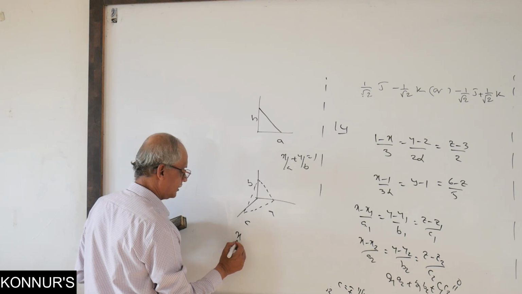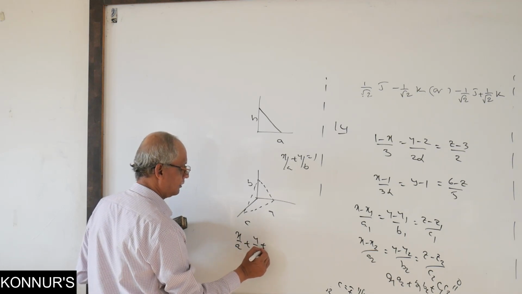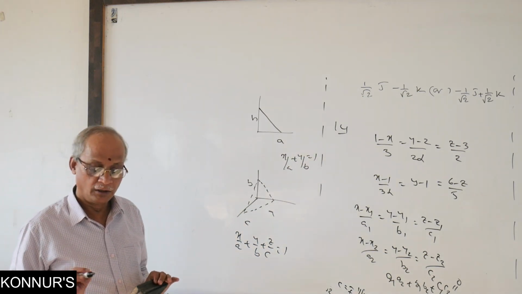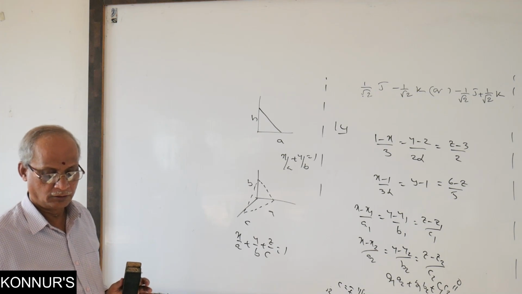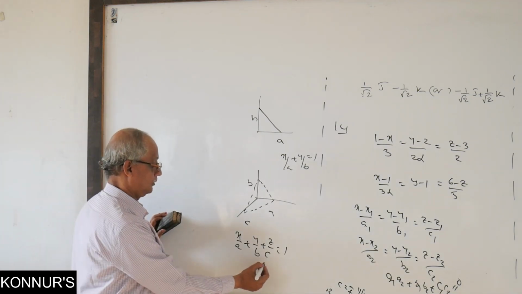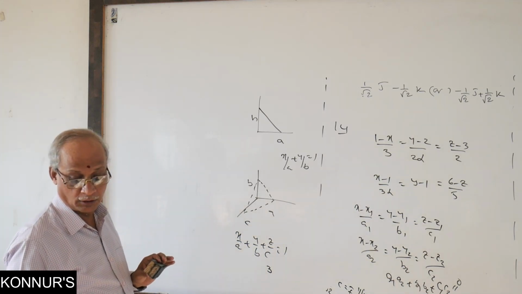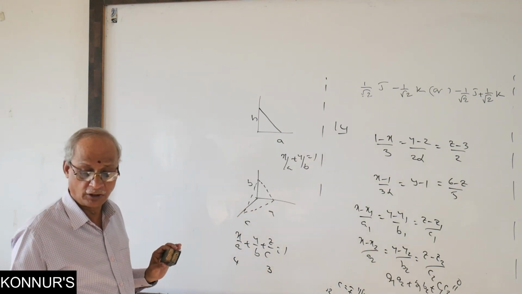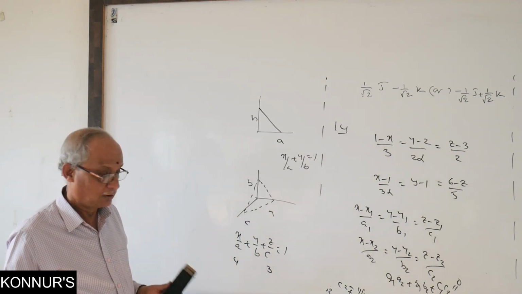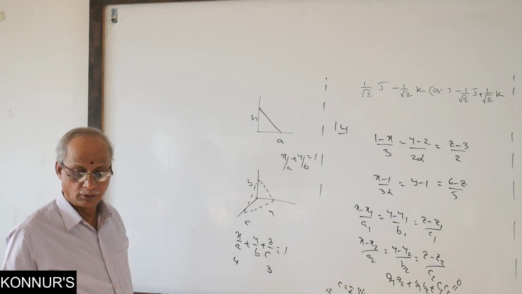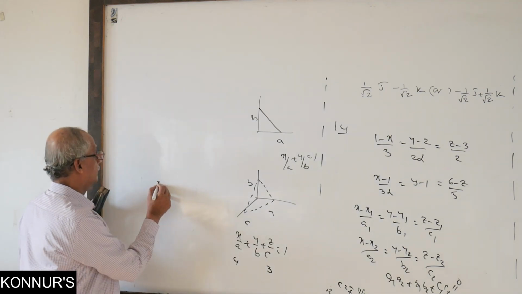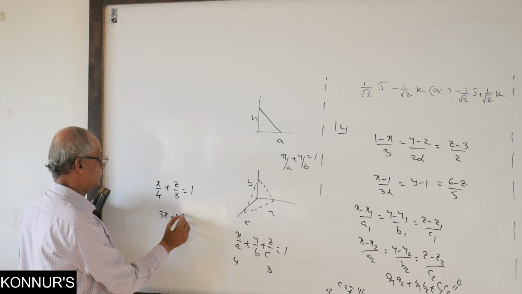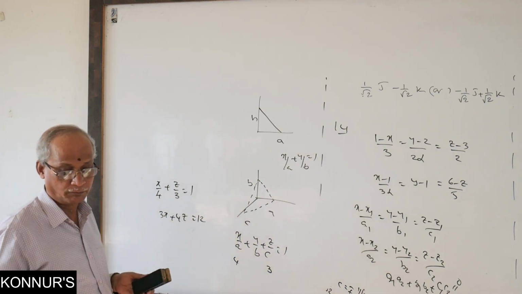Then what is the plane equation in the intercept form? x by a plus y by b plus the extra z coordinate, z by c. Here in the data, z intercept is 3 and x intercept is 4. Only y is missing because the plane is parallel to the y axis, so y is 0 by b. Leave it. Then what is the answer? x by 4 plus z by 3 equals 1, that is, 3x plus 4z equals 12. Simple intercept form.